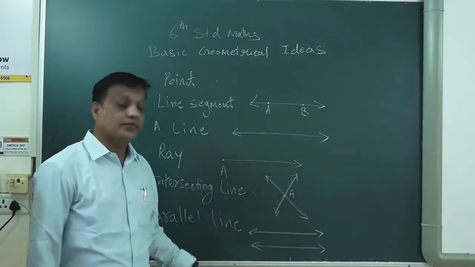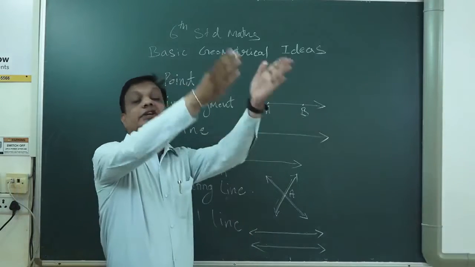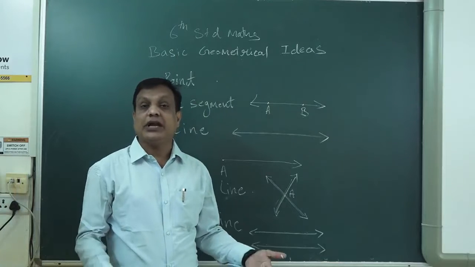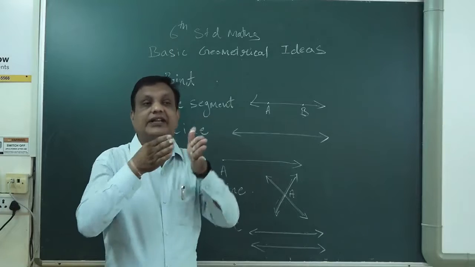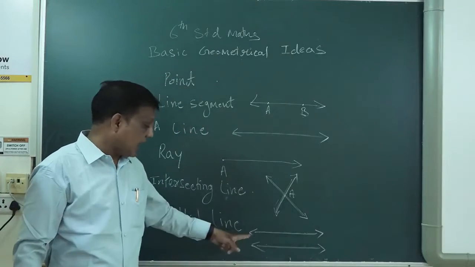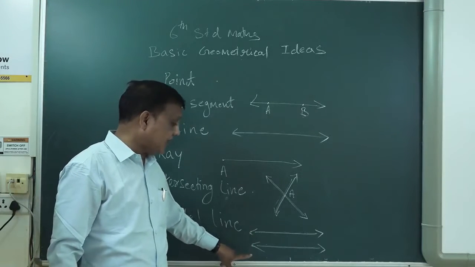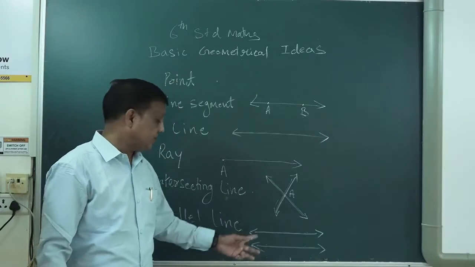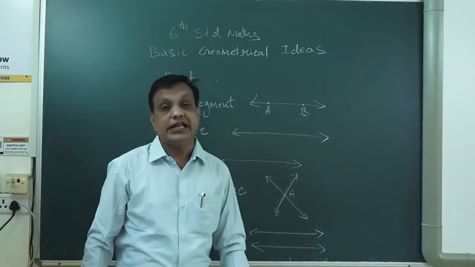So one good example is the railway track. You can see the railway tracks are very straight and they never meet each other. If they met, what would happen? The train could not run on those tracks. That's why they are straight. So a very good example for parallel lines is the railway track. Once again, parallel lines are two lines going straight and not meeting anywhere. If you check the distance anywhere between parallel lines, it is equal.